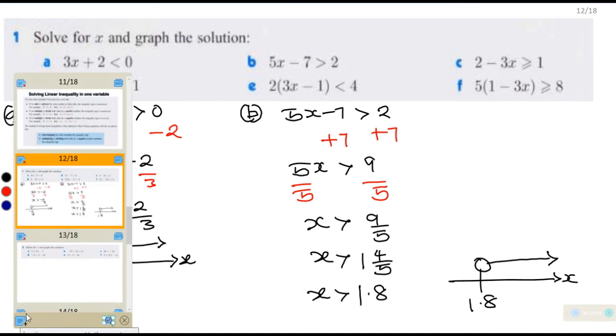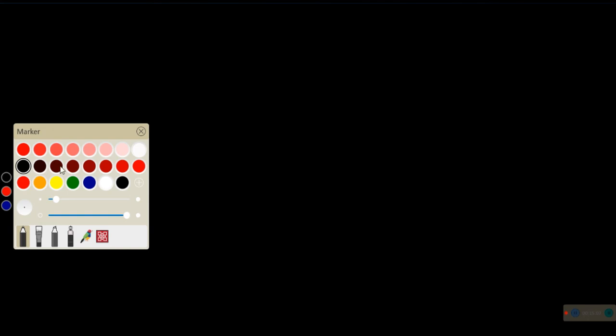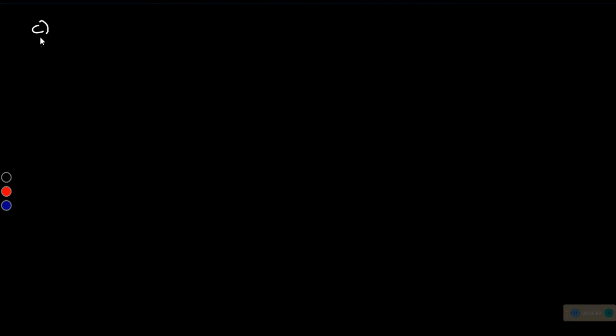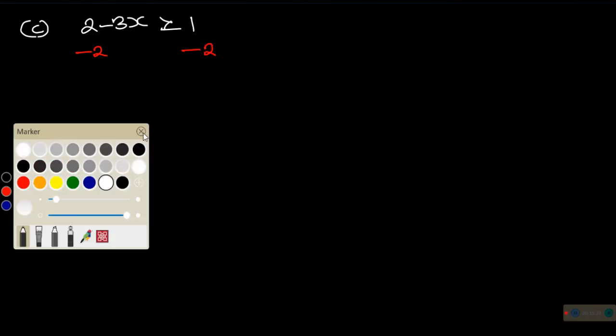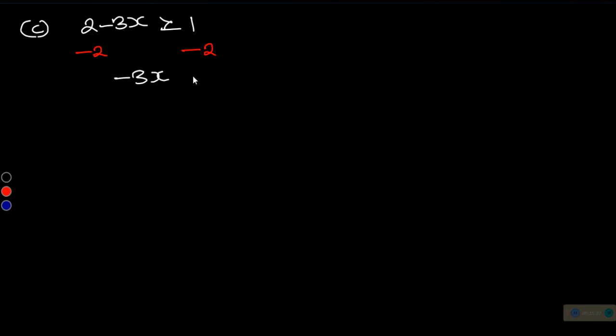So for C we have 2 minus 3x is greater than or equal to 1. First we subtract 2 from both sides, and that will give us minus 3x greater than or equal to minus 1. Then we divide both sides by minus 3. Now the inequality sign will change, so what we have there is x is less than or equal